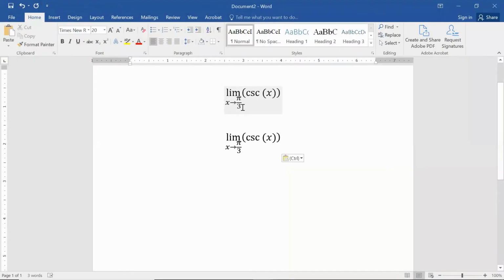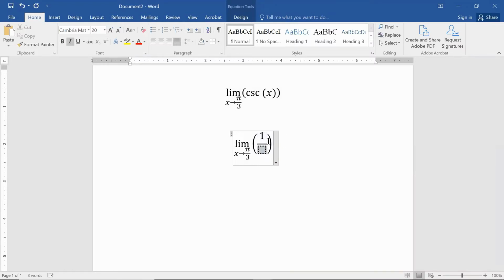All right, so let's do the cosecant as x goes to pi over 3. Now, the thing you have to remember about cosecant is that cosecant is 1 over sine. And sine is one of those nice trig functions. As long as I can plug in pi over 3, I can get that. And as long as, when you plug in pi over 3, you don't get 0, you're good to go.